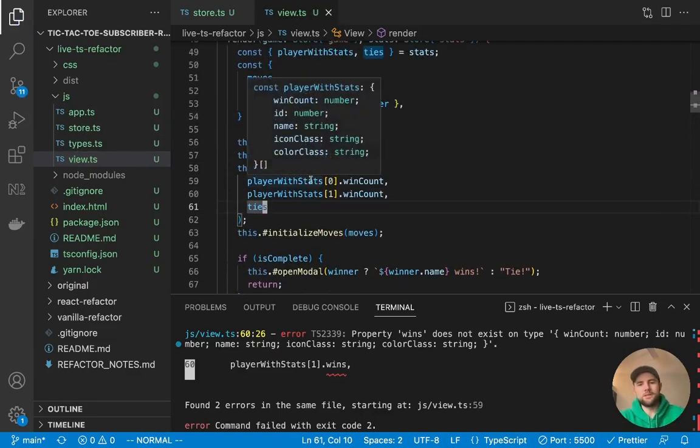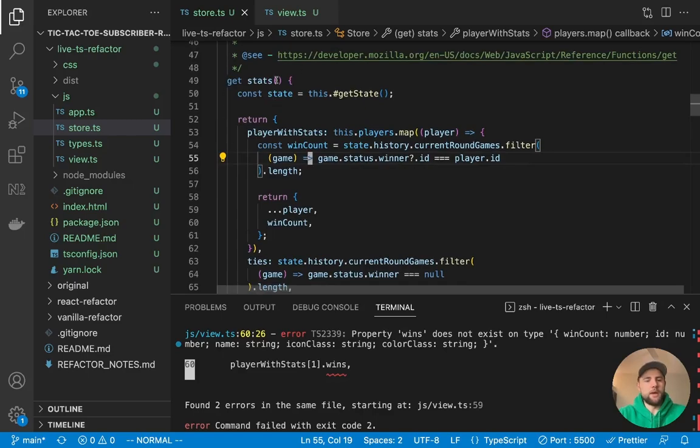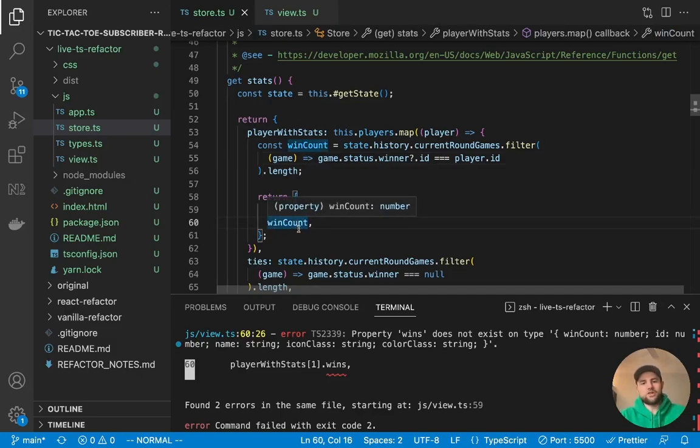And what TypeScript has done for us there is, as the developer, you're going through and you're changing a method. And this method is depended on by other methods in other parts of the code base. And so TypeScript is smart enough to know, like, hey, if you change this, and it does not match up with the rest of the code base, we're not going to compile this code base because it's just not going to work.